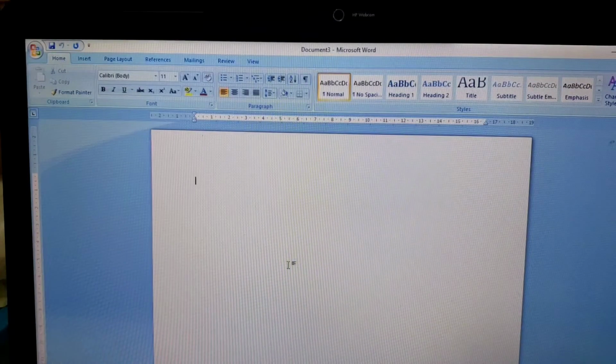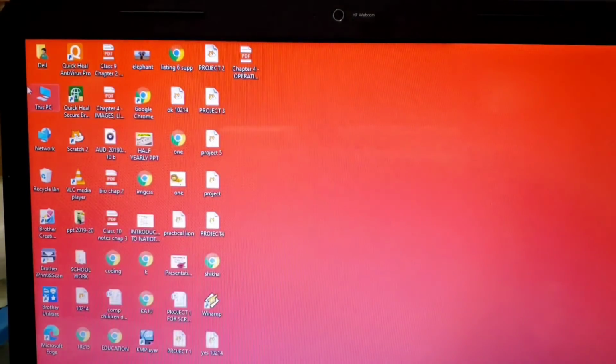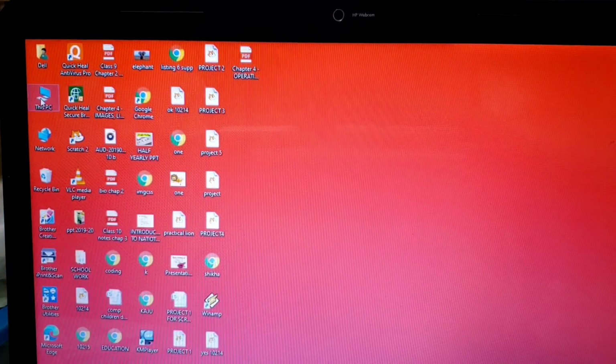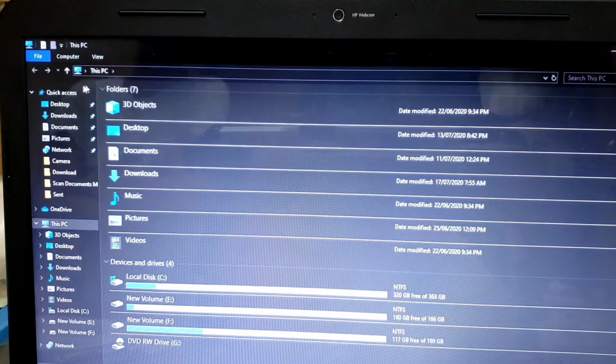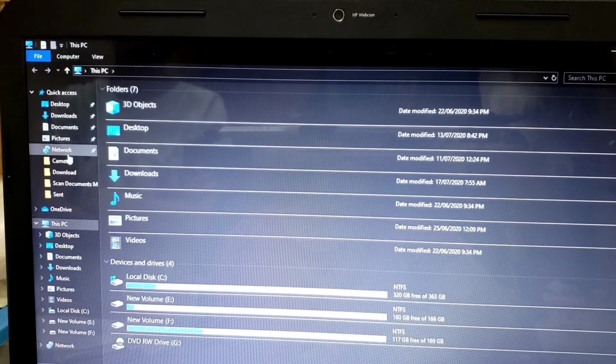Next, the most common window which we have is the Windows Explorer window. Windows Explorer window is basically your This PC or My Computer. You may have different names in your system, but this particular window is called Windows Explorer because it consists of all the files and folders which we save.